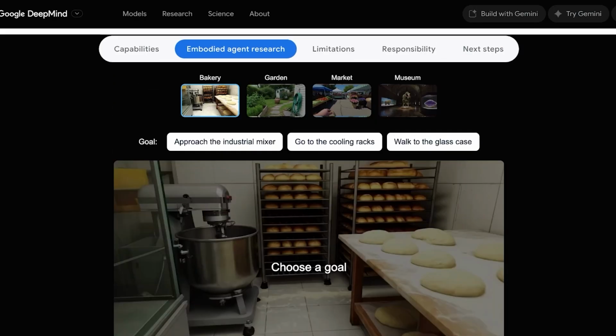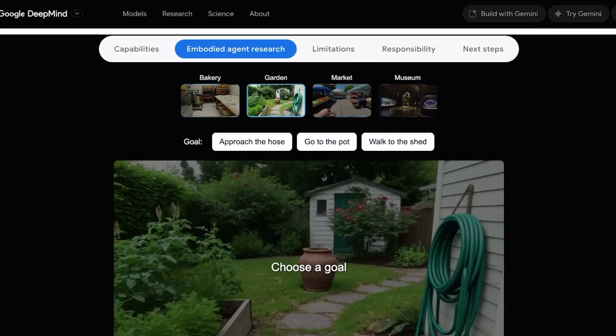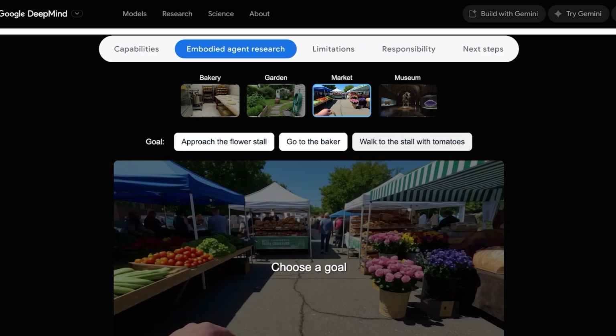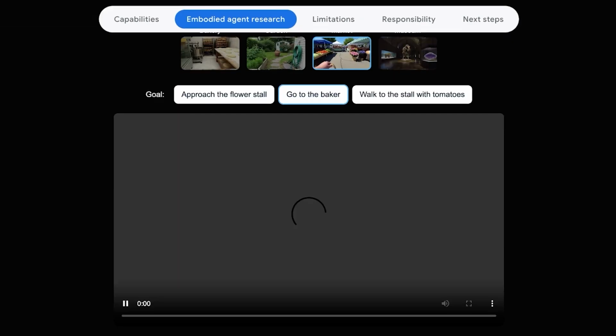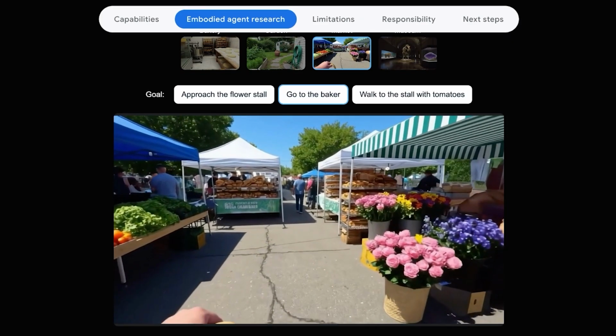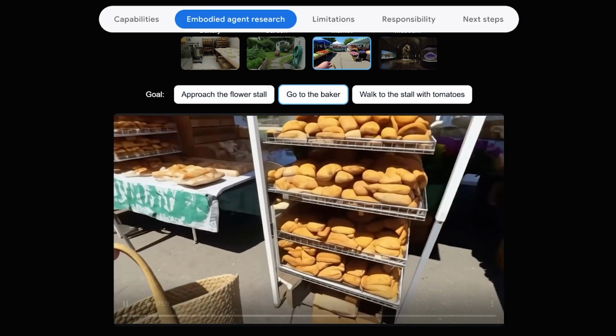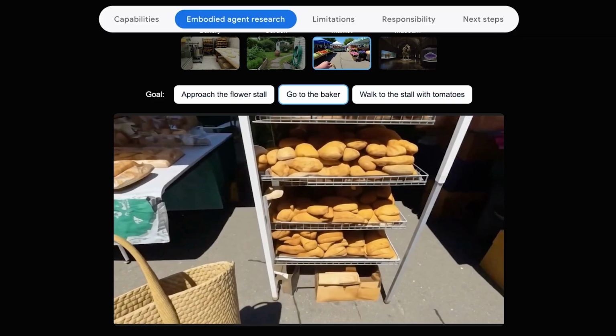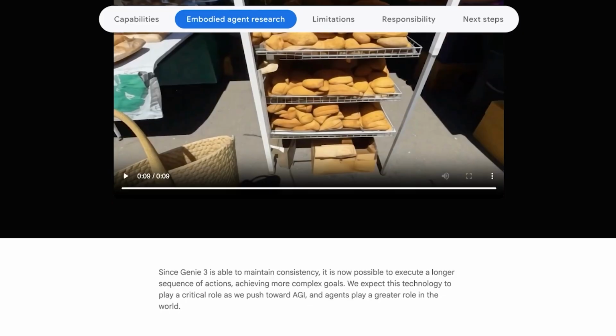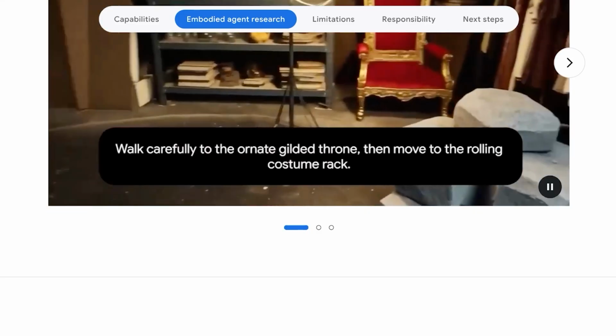However, whenever you are building this, you guys can see these are only giving you a few limited options. When Genie 3 is going to be released, obviously it is going to be unlimited. So if I'm walking through this world that I've built and I ask to go to the baker, then the baker is going to have breads, and it's going to build all of those things by default with the help of AI, with actual AI.